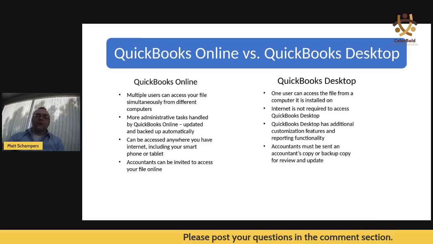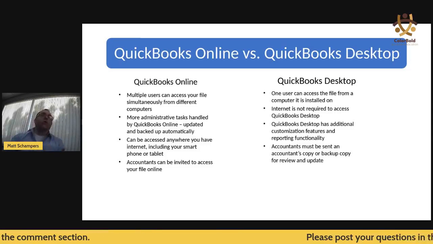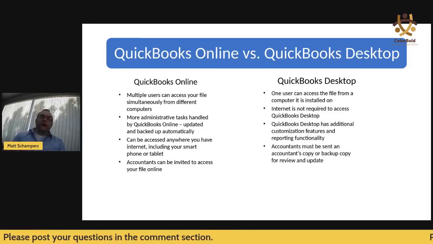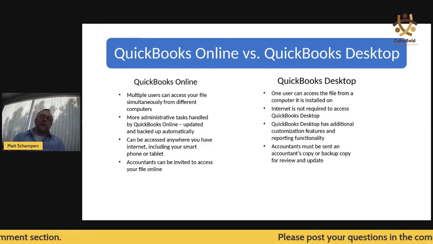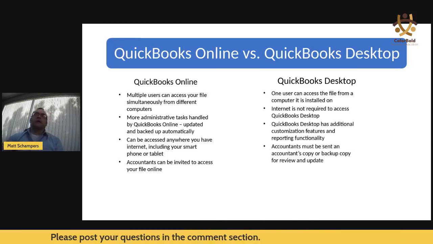With QuickBooks Desktop, because that's locally on your machine, you actually need to create a file and either put it through our website portal or bring it over to us. And there's two different types of files. There's an accountant's copy or a backup. Either way, if we're then doing work in it, you've got to wait, get that file back and load it, or replicate what we did. So it can be difficult to get some assistance, and it can be a bit time consuming when you're doing the back and forth with your accountant.